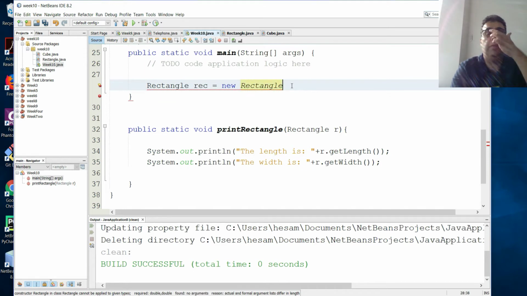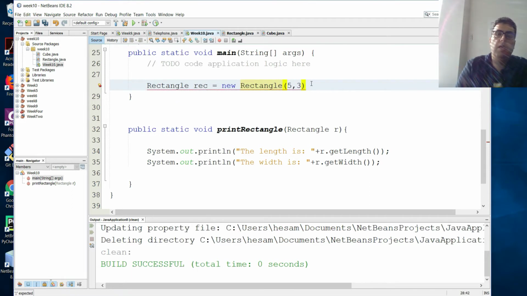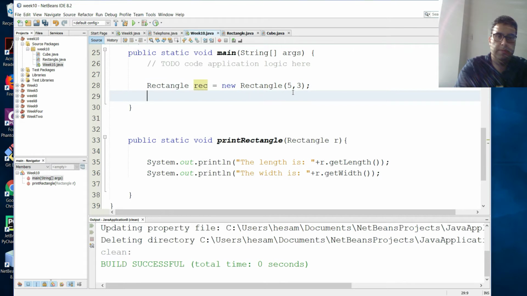So I'm creating the rectangle called rec, and I'm just gonna give them 5 and 3. So one of the things now that's new and interesting is when I wanna print